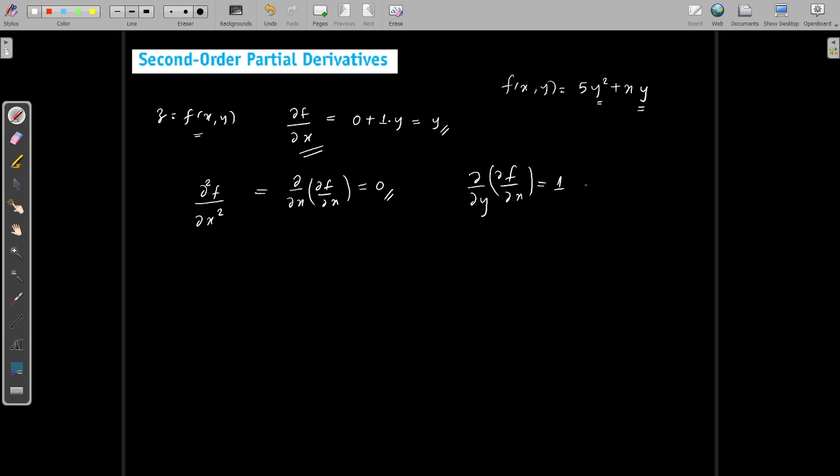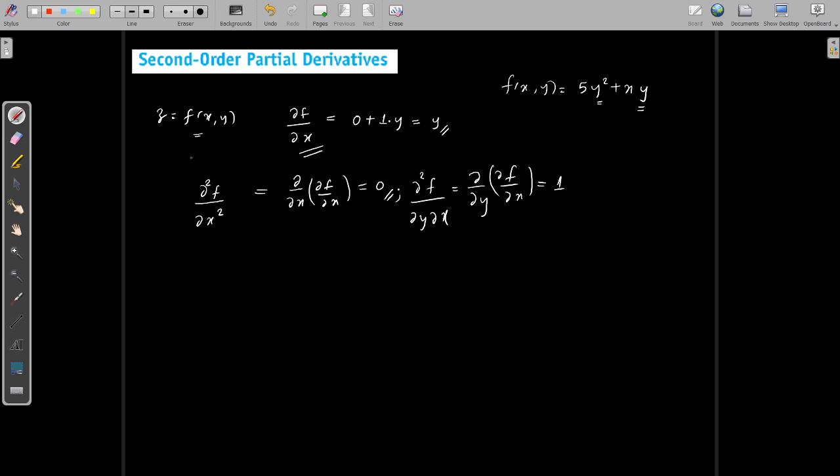In this case we write this as d squared f by dy dx. The meaning of this is the following. First you differentiate f with respect to x by taking y as a constant, then differentiate the resultant function with respect to y, taking x as constant. So these are different possibilities for taking the second order partial derivatives. Similarly,